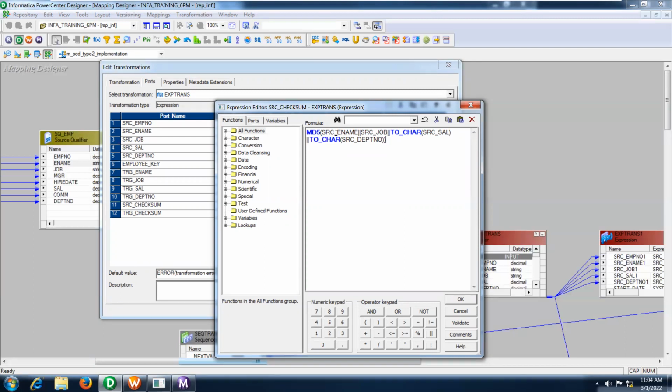Here I have added only ename, job, salary and DPT number.